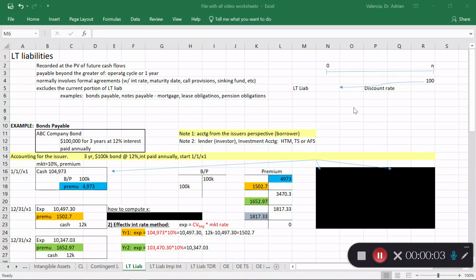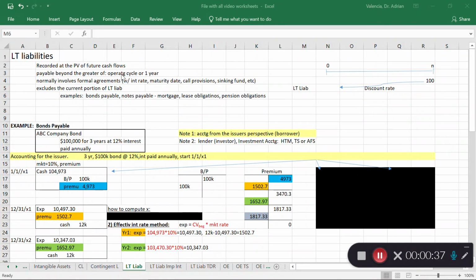The purpose of this video is to discuss long-term liabilities, and specifically the accounting for long-term liabilities according to US GAAP. So the first thing I'll say is that whenever you have long-term liabilities, you record them at the present value of future cash flows. As a simplistic example, if I have to pay $100 in N amount of periods, whatever that may be, and I determine that this is a long-term period and is more than 1 year